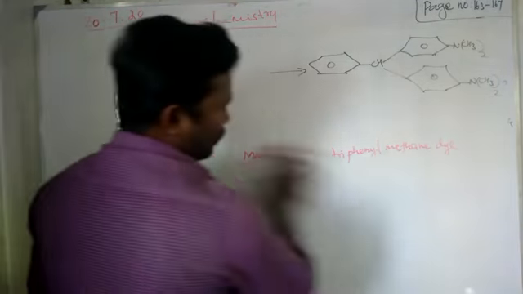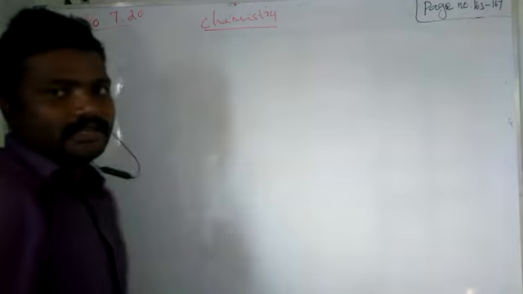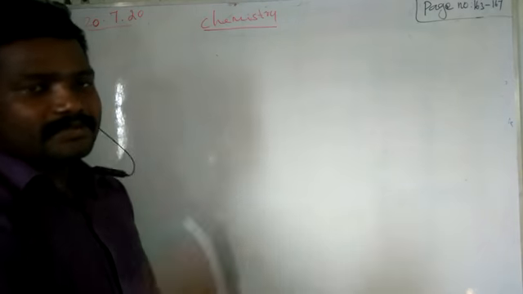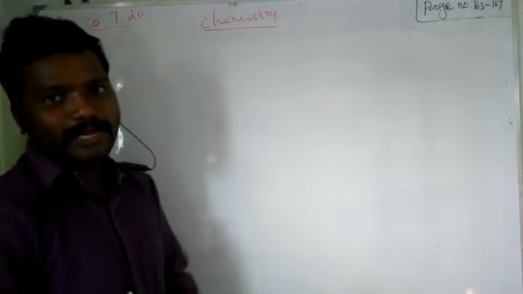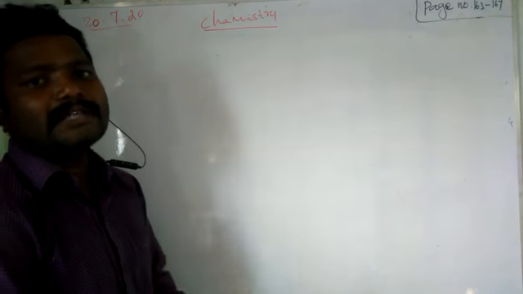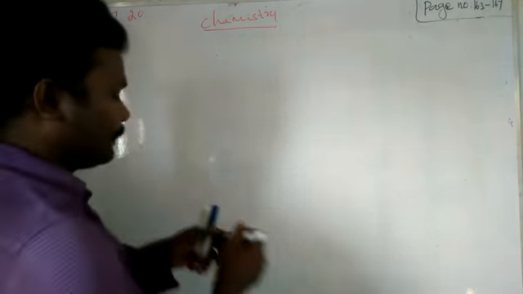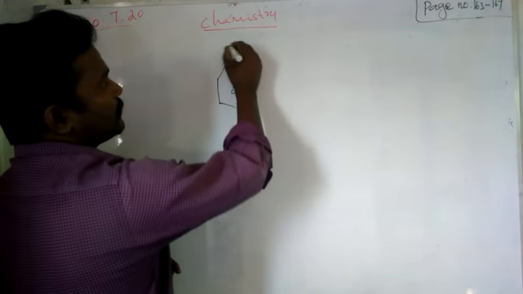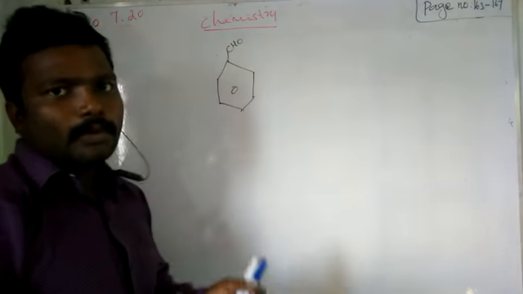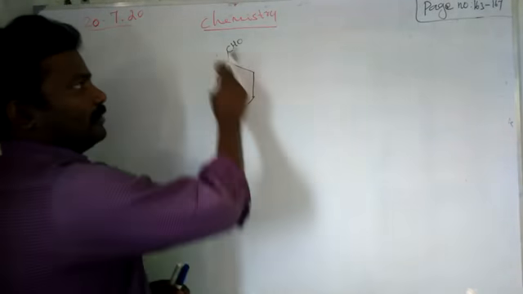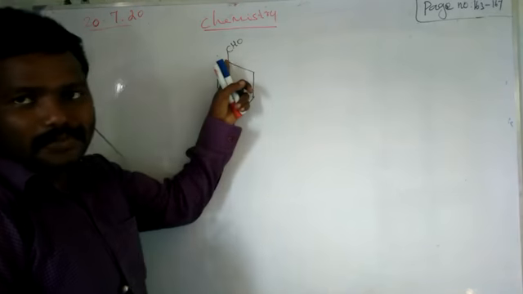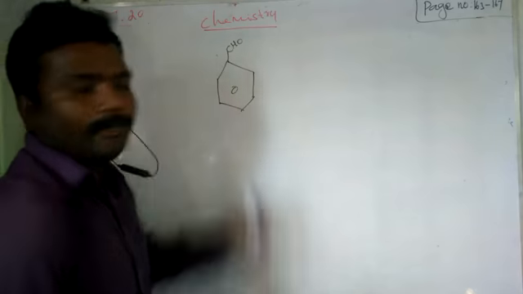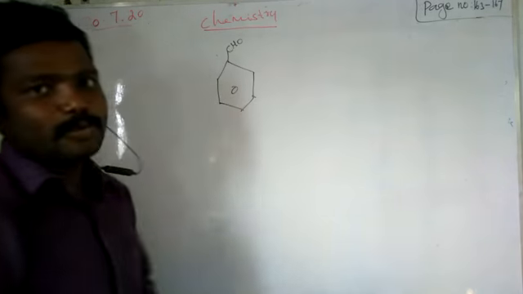Next we are going to learn some substitution reactions in benzaldehyde. Benzaldehyde we know is C6H5CHO. Benzaldehyde is a meta-substituting substrate, so the substitution goes to the meta position. First we have to remember the ortho, meta, para positions. Next to the substituted carbon is called ortho, next to ortho is meta, next to meta we have para. So we are going to add only at the meta position, right?